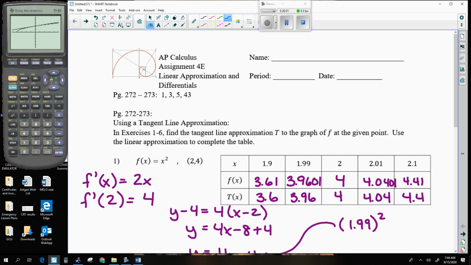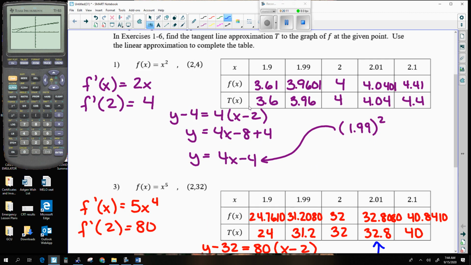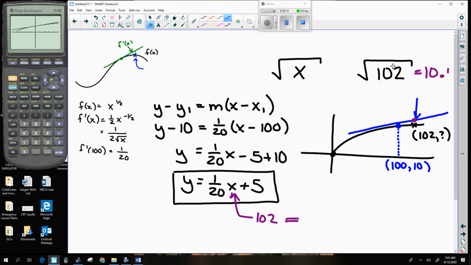That's it. Okay. Linear approximation, it will be used. It will be used and it will be on the AP test. Linear approximation. So again, the idea behind it is if you get this impossibly difficult question, what you do is you make a line that is somewhat close to this 102. Like, I don't know what the square root of 102 is, but I do know what the square root of 100 is. And so what I do is I take something substantially close to this 102, and I use this